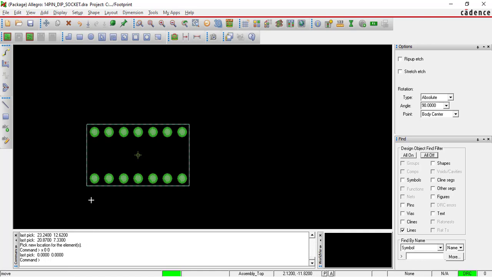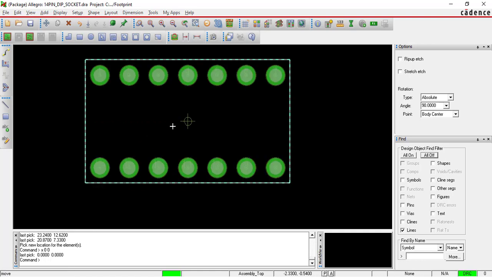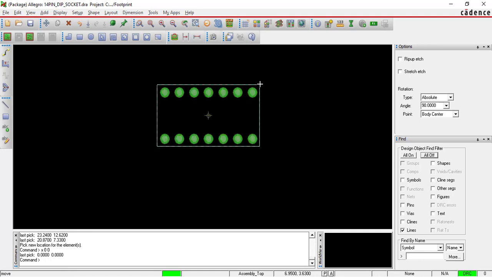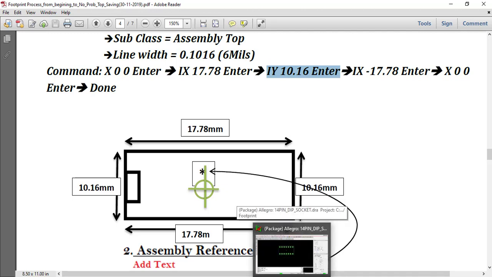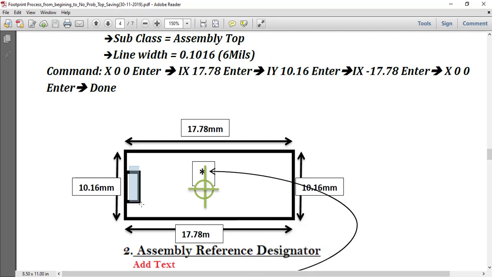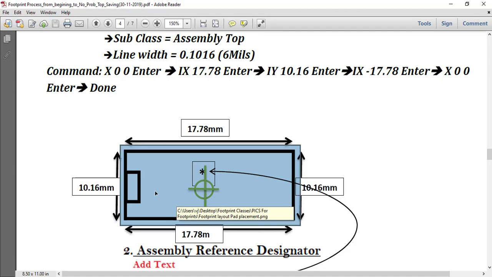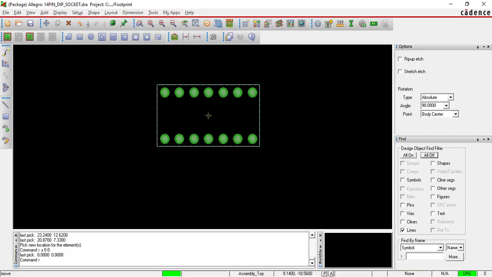Now see how beautifully it is placed. It is beautiful, nice, really nice. We have to create like this, you know, like an IC. Okay, so we have to create this kind of drawing. So again I will take line.